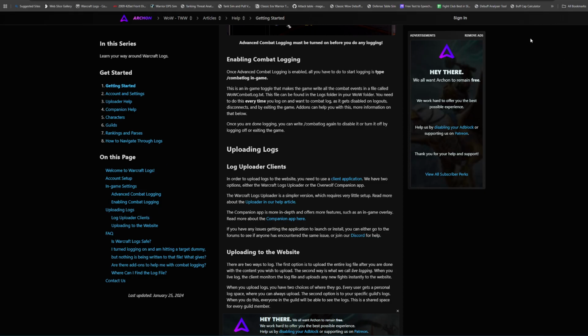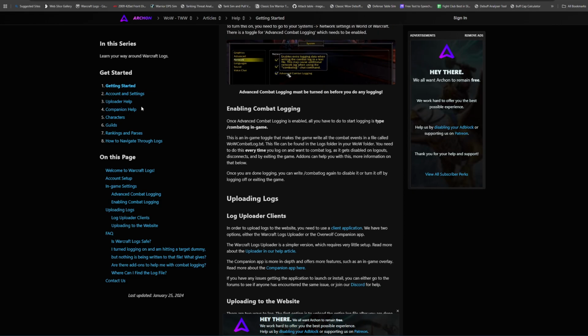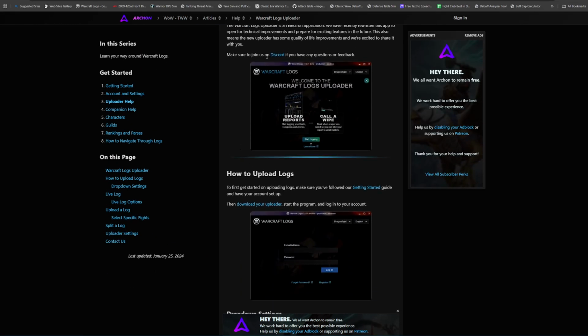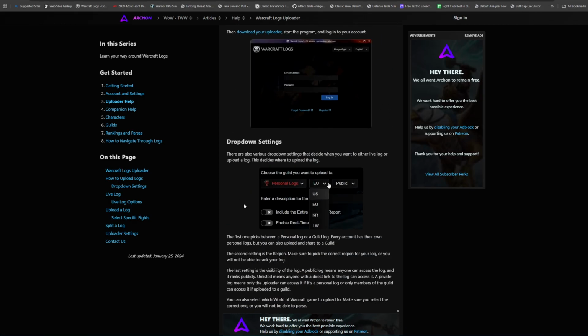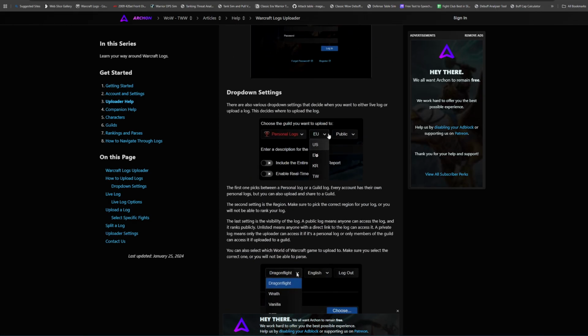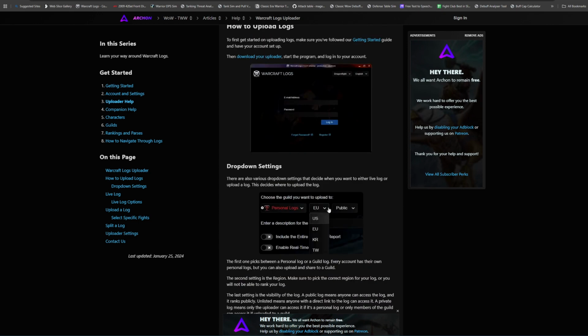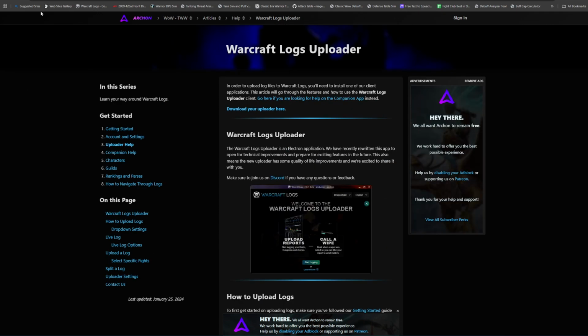So that's what you need to get started: you create an account and get that companion client, which obviously I need to update mine. It tells you there's uploader help and a Discord, and it tells you what to do. Select if you're in the US or EU, select your vanilla, whatever. So once you get all that done, then